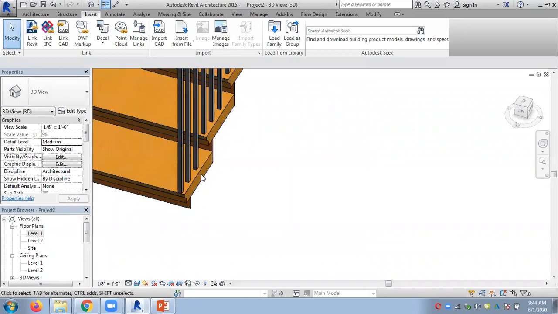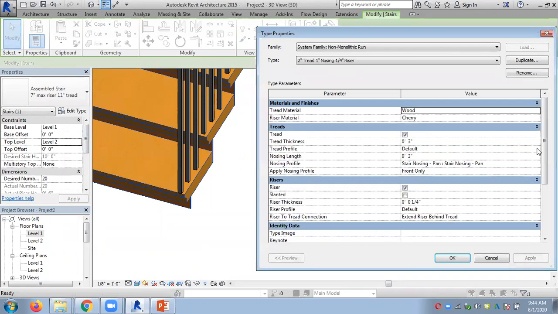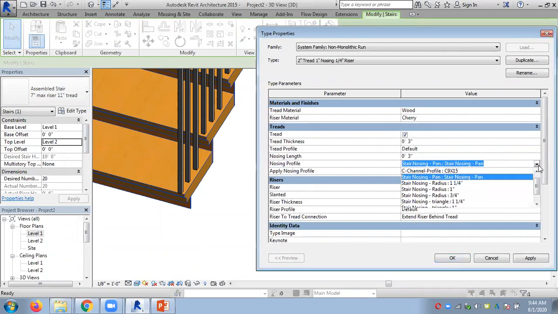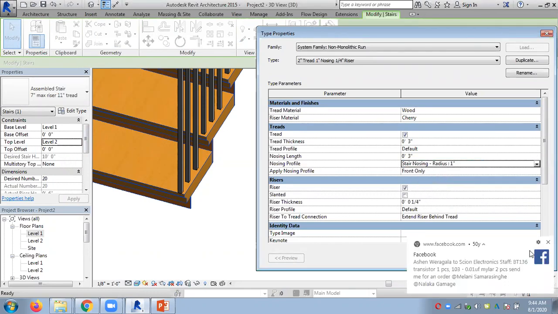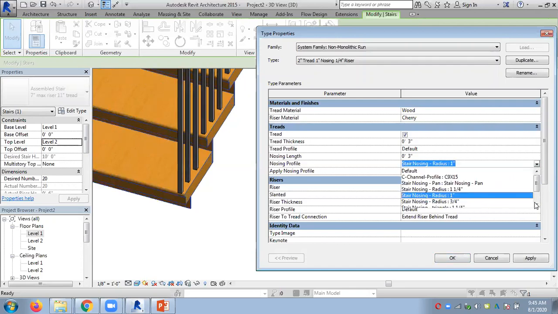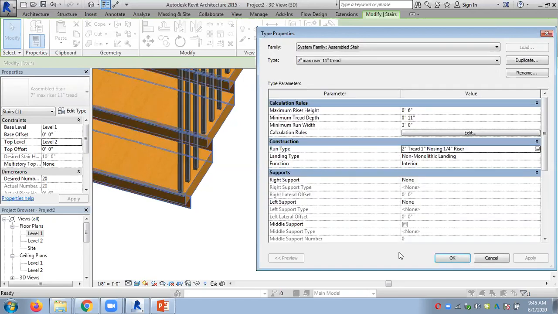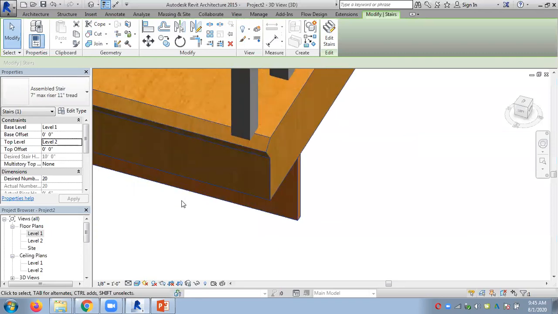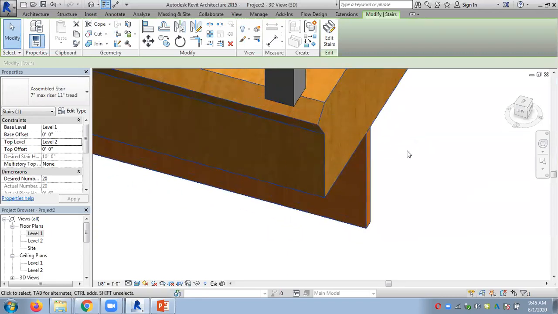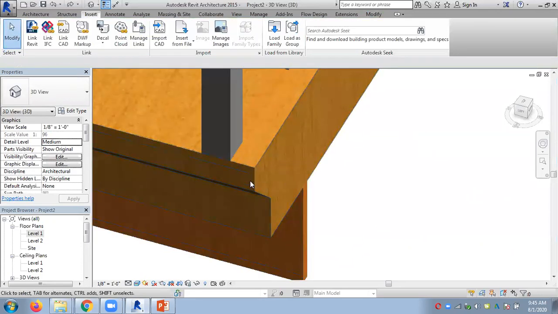Nothing will change here, so we have to load it and get it. Now it says radius noses are available, so I can have a straight radius like this one. So radius is 1 inch. I will have it like this. Triangle nose. You can see how it changes. Now it's a triangle kind of a nose. So it's very easy. So if you want, you can have your own profiles. This is a different one.